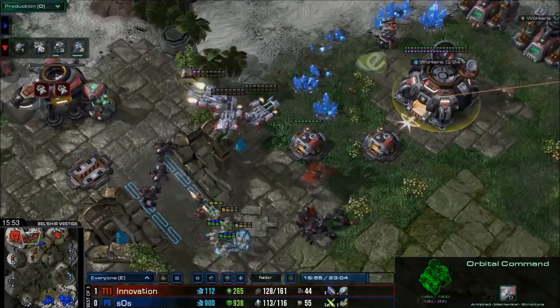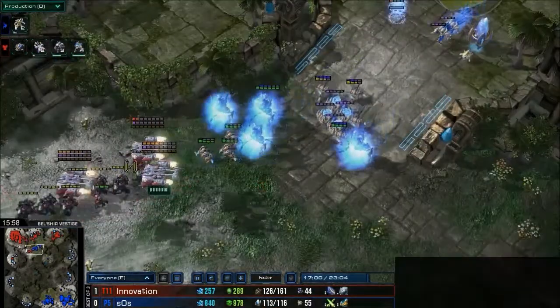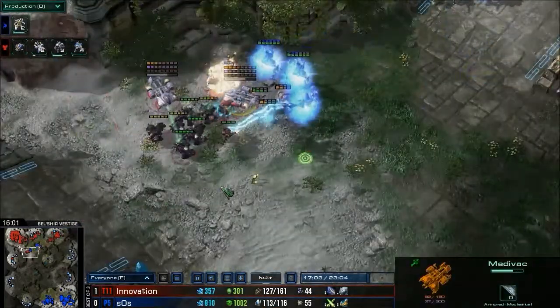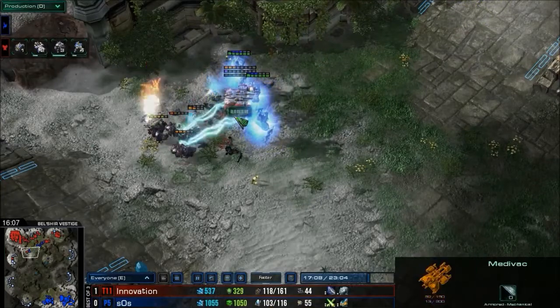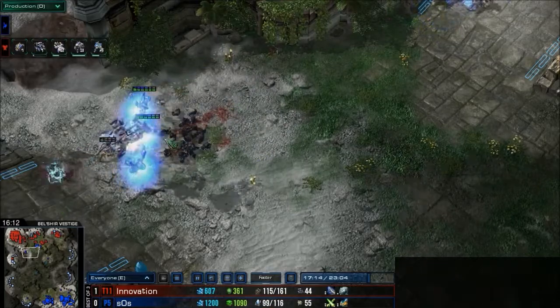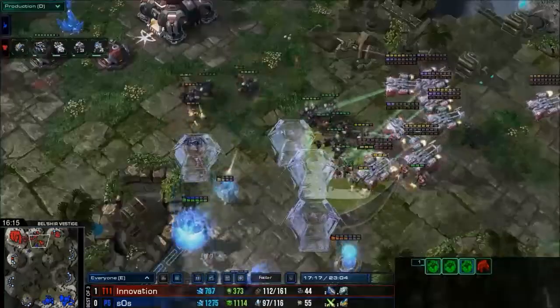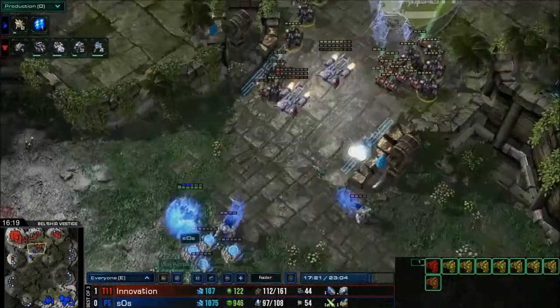Innovation is holding on there, using a lot of stimmed Marines and Marauders at that natural, focusing down on those Zealots. And we've also got this small medevac force that hasn't been dealt with as of yet. They are going to focus down on the Archons. The Archons have been able to dispatch of almost all the units, and it looks like finally the medevacs have been destroyed, but at the same time, Innovation has a larger army at his natural ramp, and it is going